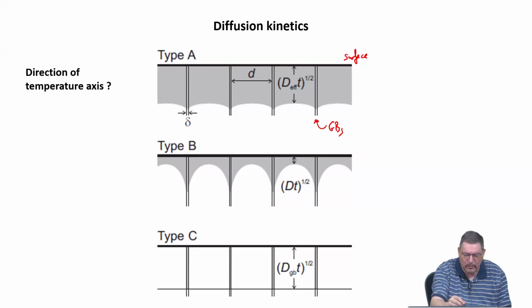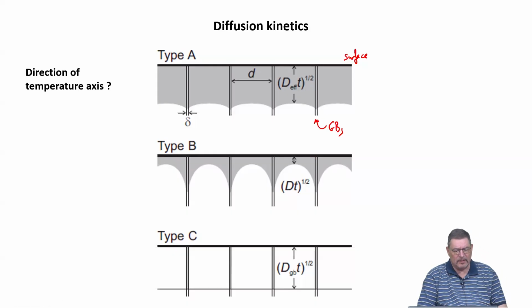Now there are three different regimes, A, B, and C. If I now have to draw a temperature axis where these different regimes are becoming dominant, how do I need to draw it? Which of the types A, B, C is the one which I need to regard at the lowest or at the highest temperature? C at lowest and A at highest. Exactly.